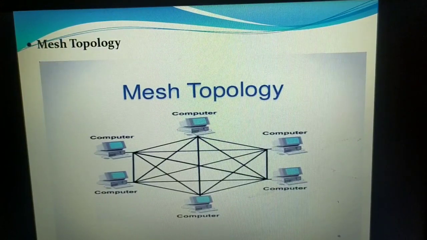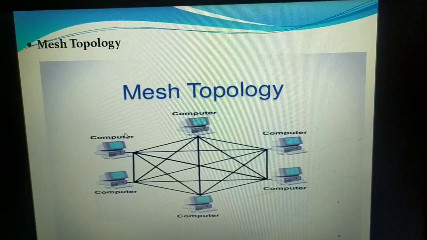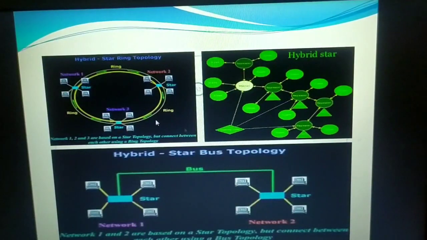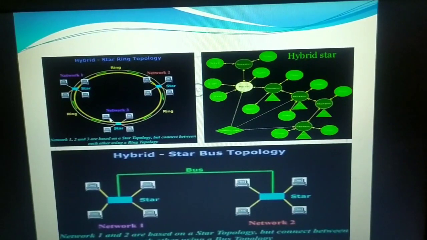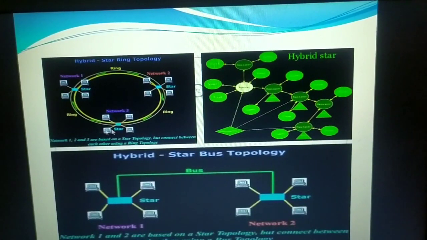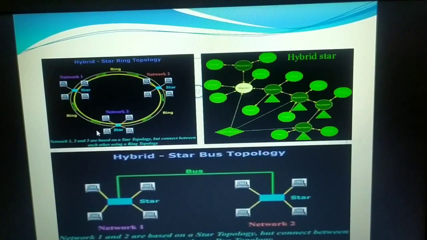Distributed network means where you can club more than one different kind of topology and make it one big network. Now these are examples to show you that it's a mesh topology where you can combine two or more. Here if you see this one, the ring topology and the star topology have been combined. So I can say this is a hybrid topology, which we studied in tree topology. Now this can also be a mesh topology because all the nodes are in turn connected with each other, fully connected. By this you can have transmission over a long distance.